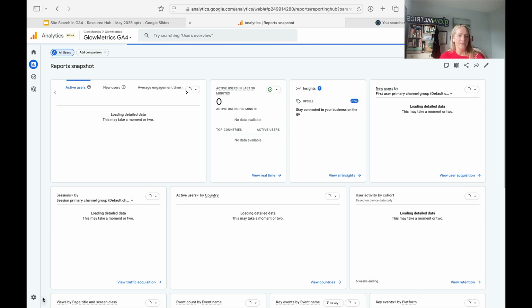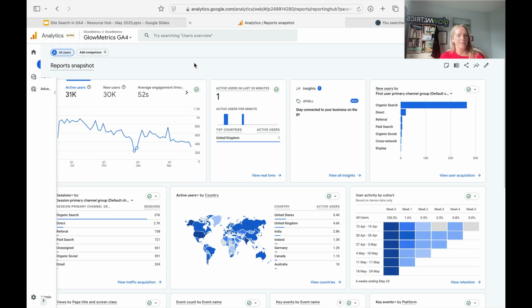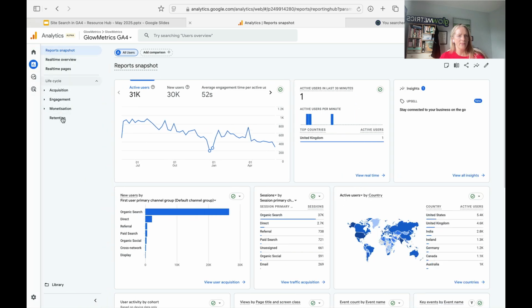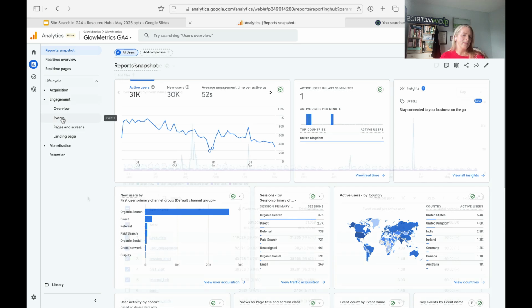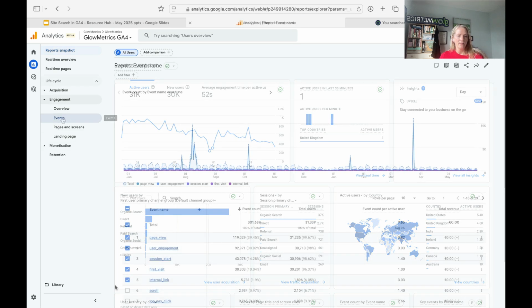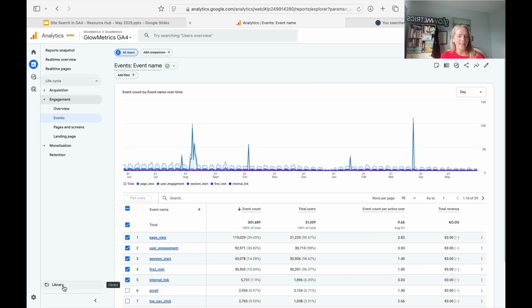Okay, so we've got our report snapshot here. I'm just going to extend this so we can see. You can see here under engagement, we've got our event report. This is going to give us all of our events, so we still have to add our search term report to our library. So if we jump into our library,